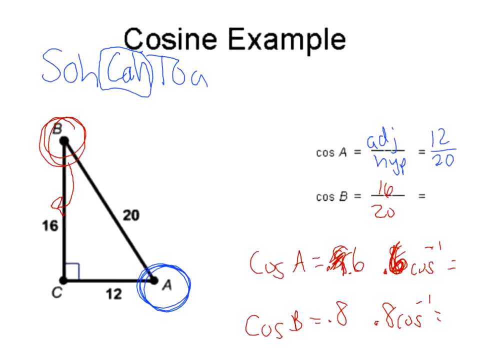So when we take cosine, do we get the same answer or different answers? What do you think? They're the same. Yeah, they're the same. So here we have a 53.1, and here we have a 36.9. What this is showing us is that when I have a triangle and they give me all